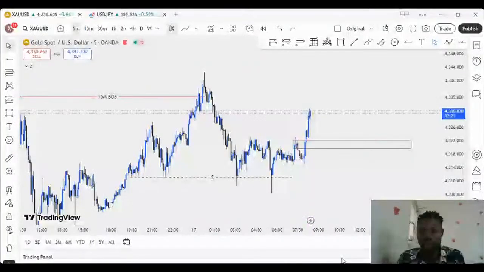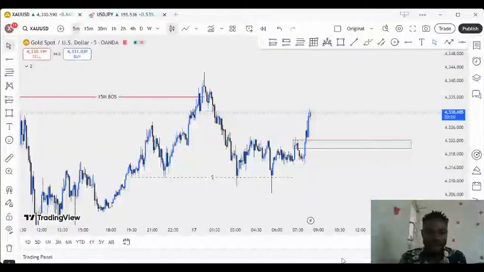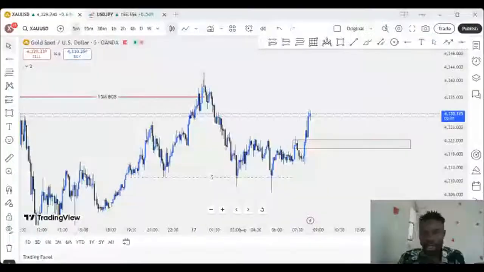I'm not saying it's not possible, but the probability is very low, because you are not the one behind the market, or it's not my father that is behind the market. We have to understand all these things. So that's why if I call a signal out, make sure you apply proper risk management according to what your emotion can take.